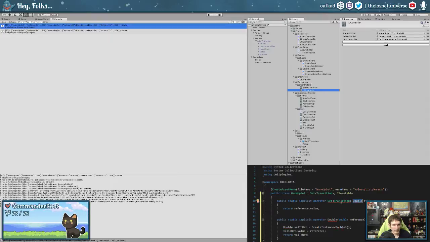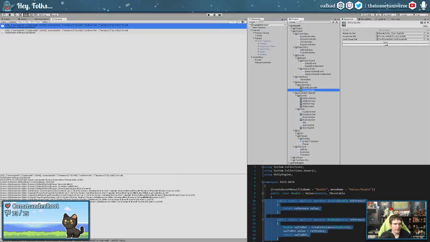We don't actually know if it will. It might not. User-defined conversion must convert to or from the enclosing type. So I guess technically, let's see here. Lowercase double to uppercase double.